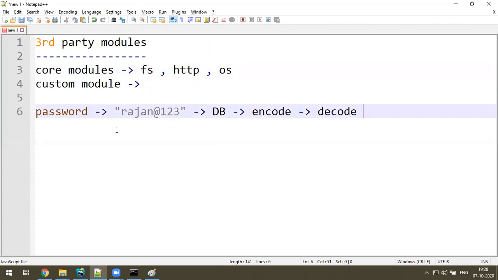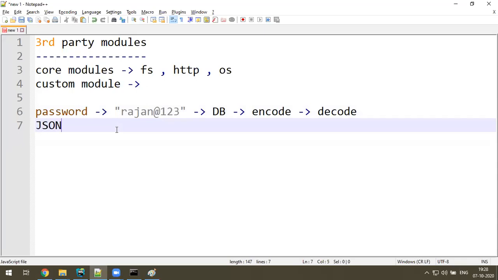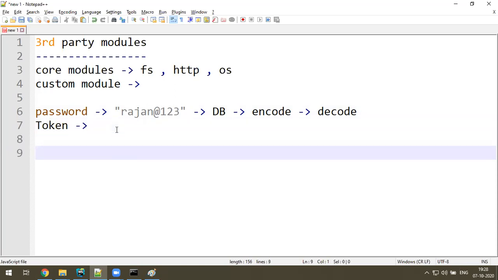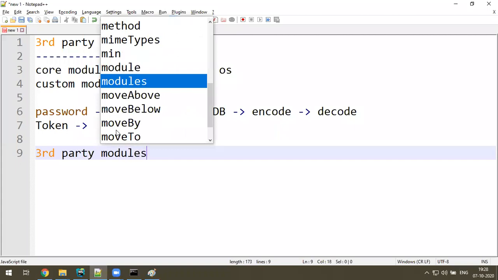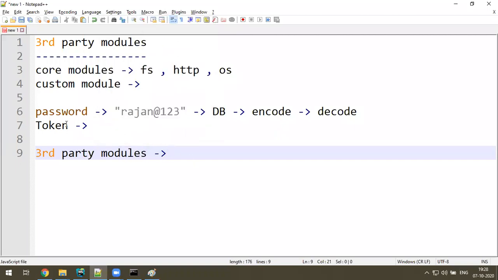And there is something called JSON web token, a token-based authentication system. You want to generate random tokens with some encrypted data, the tokens for authentication. So multiple things will be there. For all this extra or advanced functionality, there is something called third-party modules. What do third-party modules mean? For all these features, for example for password encryption, there is a separate module called